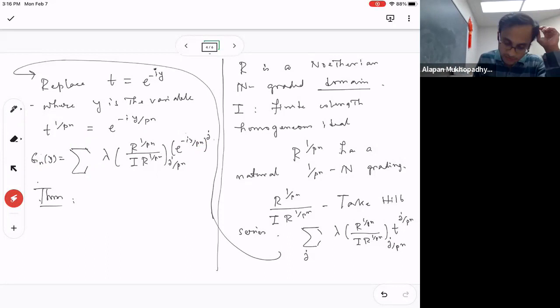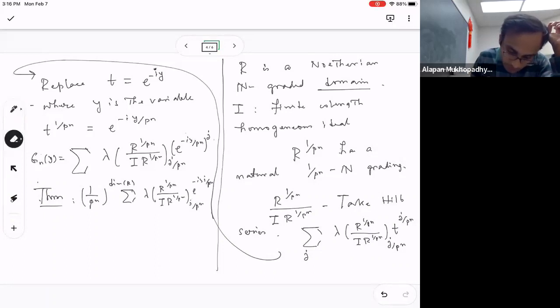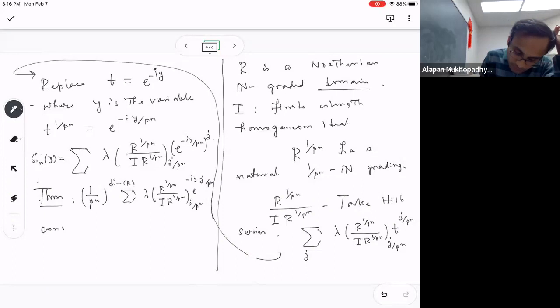So let me write it down precisely. The sequence of functions, so this 1 by p power n dimension of R, and then summation length of R power 1 by p power n, I R power 1 by p power n, j by p power n, e power minus iyj by p power n, sorry, converges